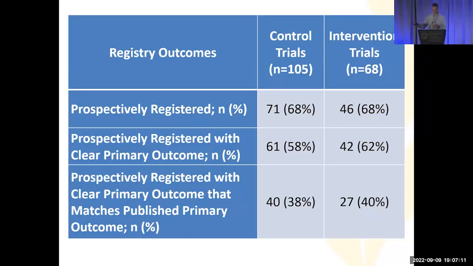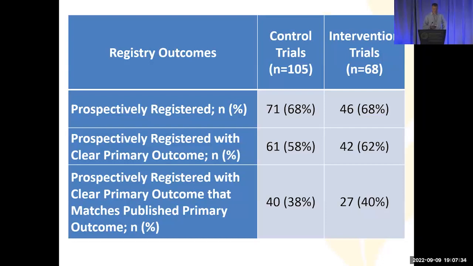And did those outcomes in the registry match the primary outcome in the published manuscript? I think it's helpful to think about these separately, because it's really only the last of those categories that can be fixed during peer review, right? The first two, in order to fix them, need to be addressed much earlier on in the process of performing